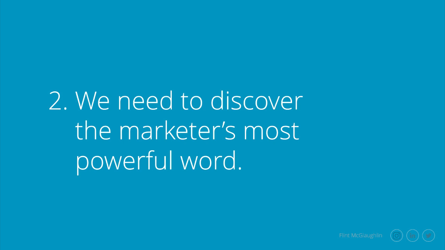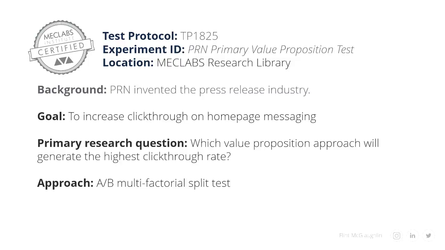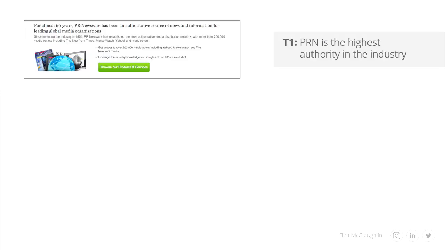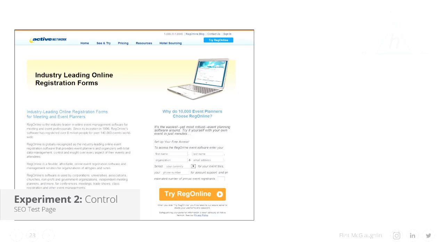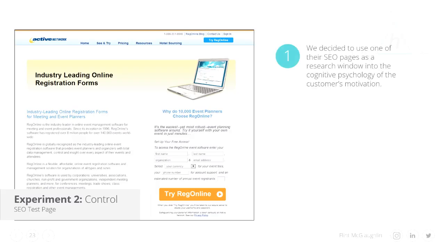And so we think about this in a new way. Here's the same company, but here's what we do that's different. New test protocol, 1825. Now, we're going to test a different approach. In fact, I'm going to skip through this piece. You've seen that one before, and I'm going to come back to this one. All right, so remember that? So here's what we do next. We take a different part of the site with less traffic, but the same traffic profile so that we can run a good sound experiment without risking too much financial downside. We don't want them to lose 24%